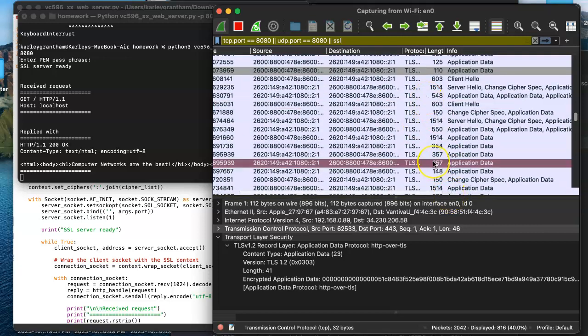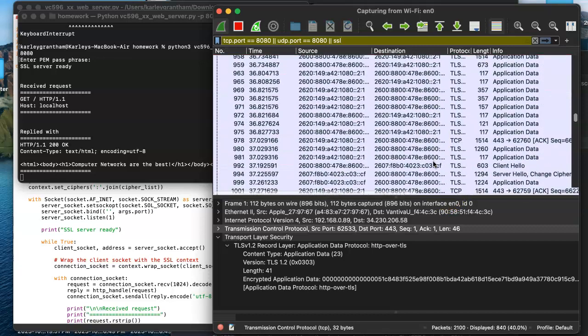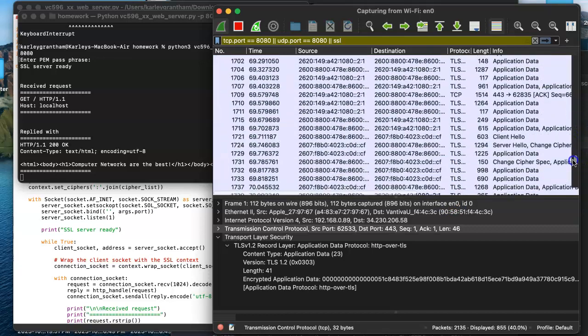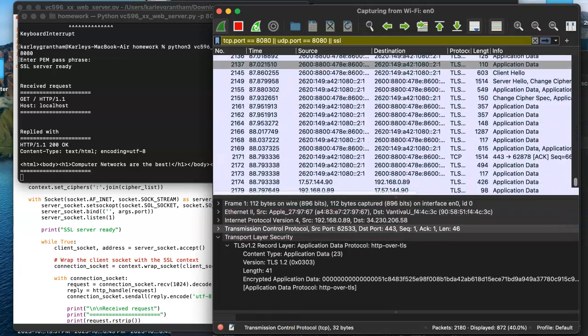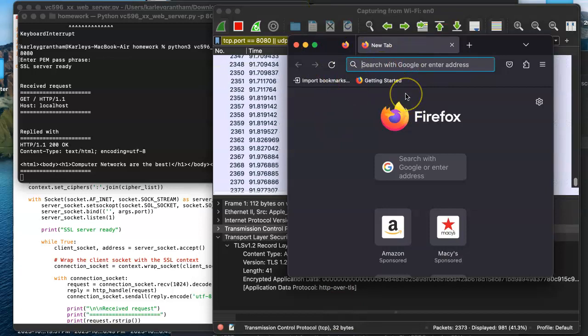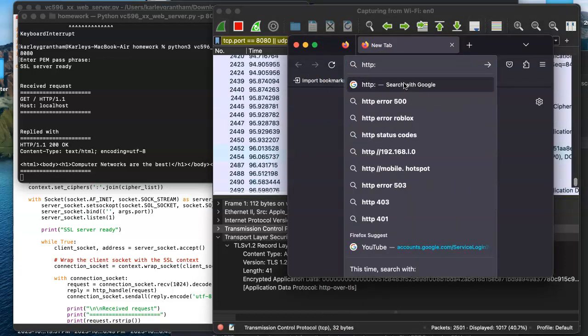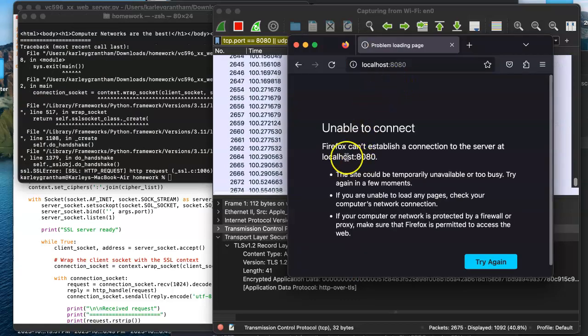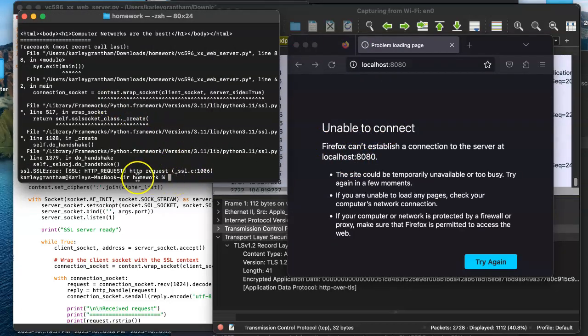So now I'm going to be showcasing a man-in-the-middle attack. So again, this is all set up to just work locally, so we shouldn't be able to connect via Wi-Fi or a browser. So okay, didn't connect, and you see here